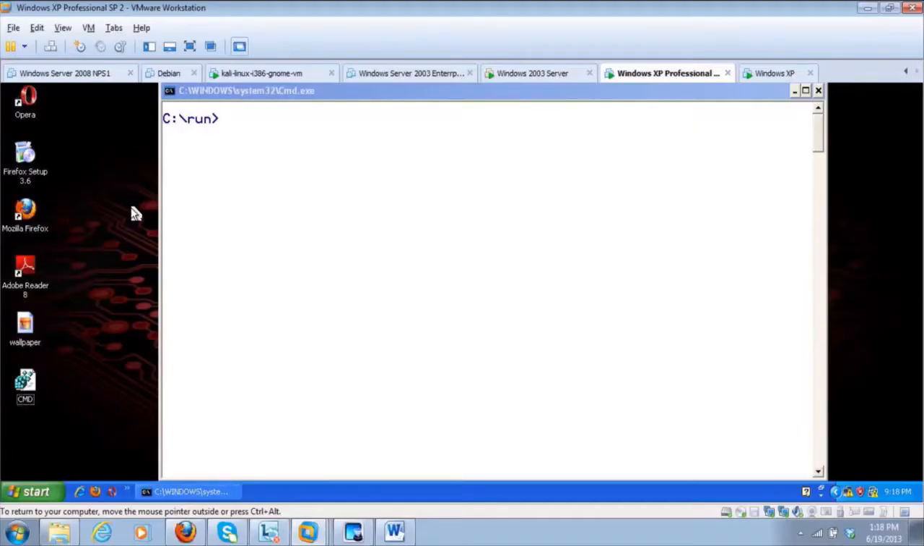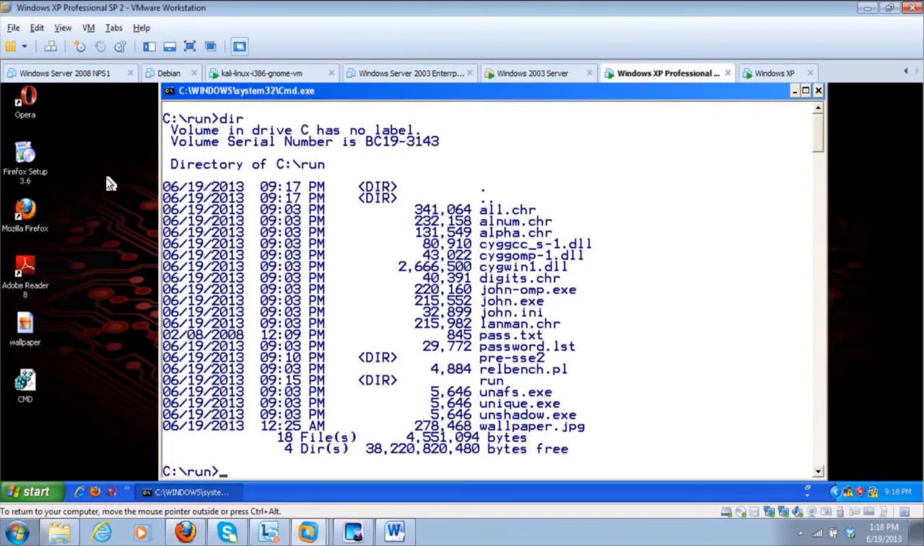So in John, if we do a dir, these are the different files we have available. As you see, we're using the Windows version, so it's using Cygwin, which is just a port to make Windows run Unix and Linux type based tools. And what we're going to do is run it in test mode first. So if we do a john